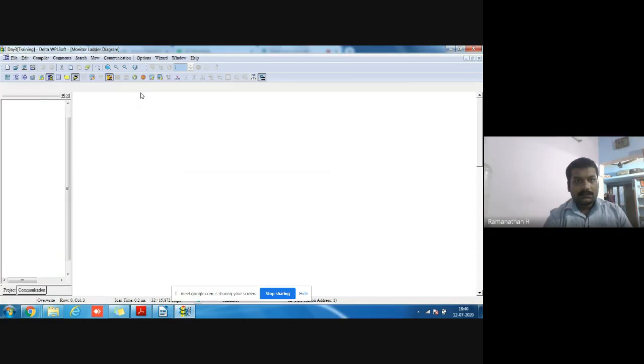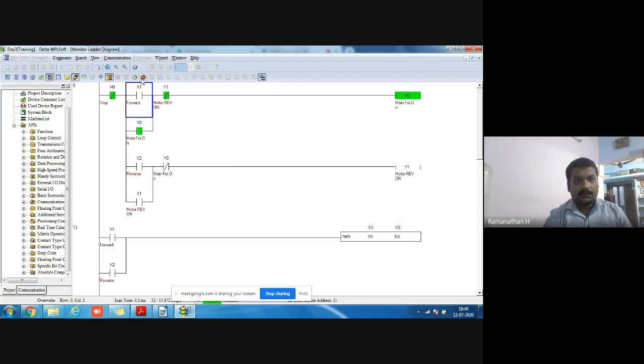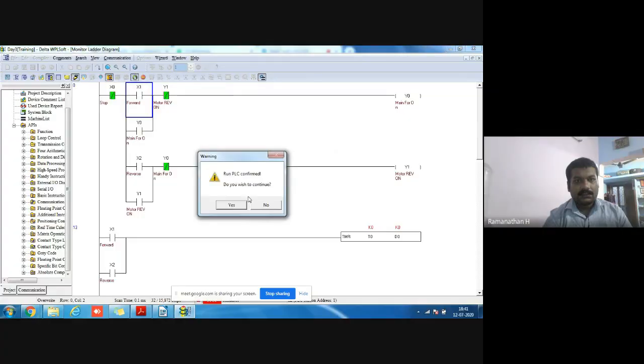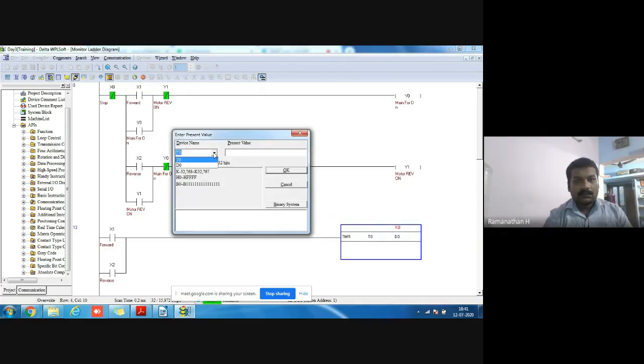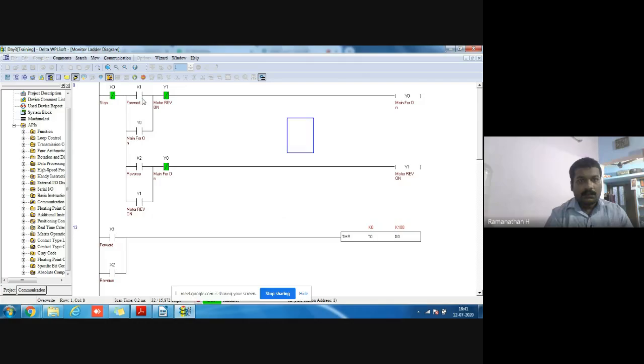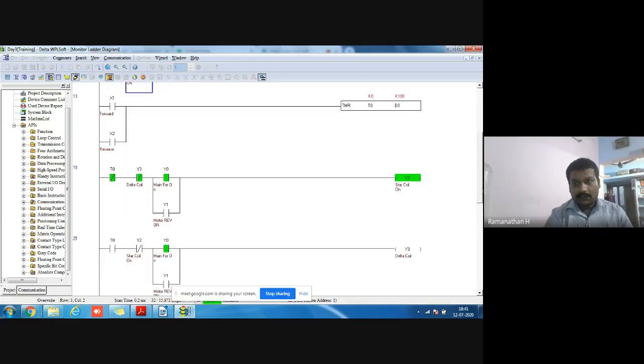First, we go to start mode. First we set the timer of the start. Here it is set as 100. Now I turn on forward. Initially here star is on.